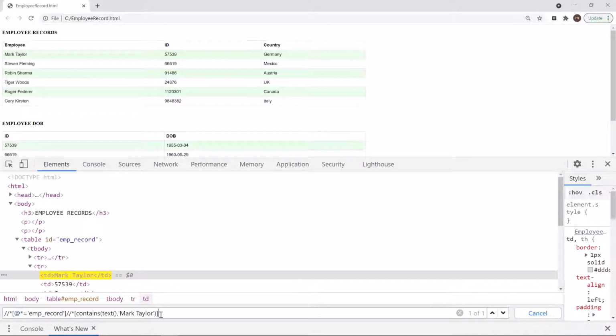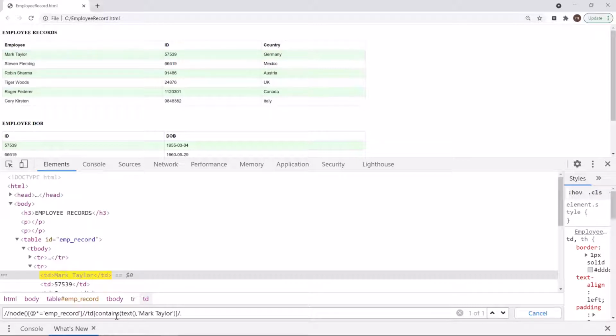To identify any node, we can use node() as well instead of the asterisk sign. This wildcard is also going to match a node of any type. Similarly, I can replace it here as well. Now the next wildcard which we can use is the dot. If I give a dot sign like this, then this will match the current node itself.